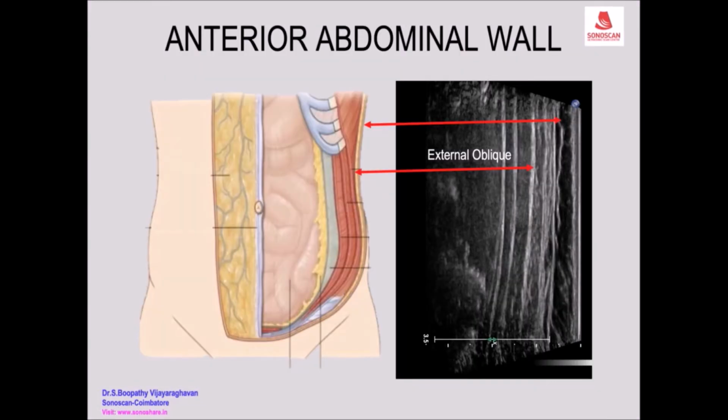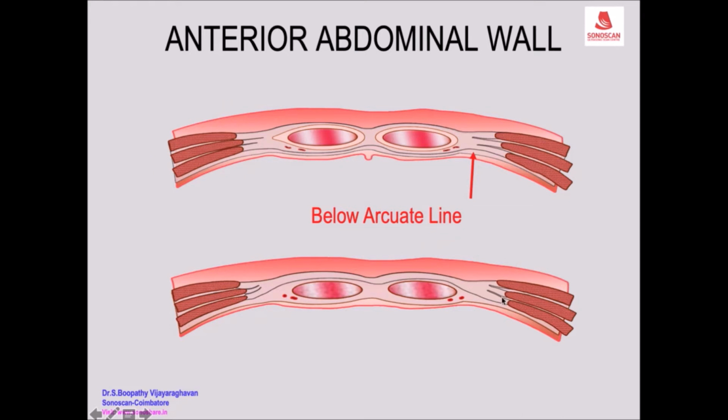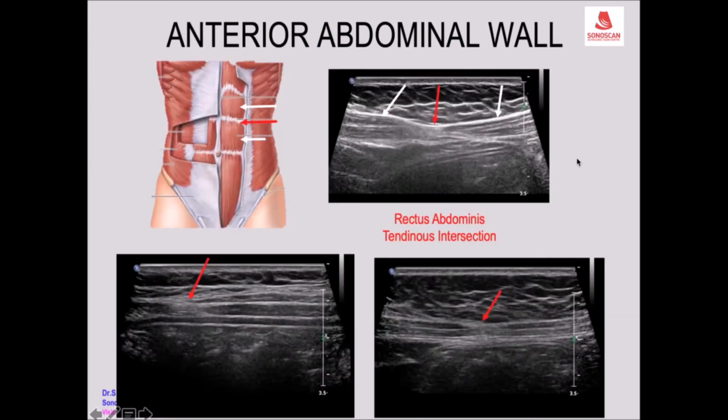You see the external oblique muscle wall. So this is anterior and posterior. So from the midline, we see the various structures. So this is the white line. We see the aponeurosis extends as the anterior rectus sheath, the linea alba and the left rectus, and then you see the abdominal muscles, bellies of the rectus abdominis muscles. You can see the tendinous intersection.